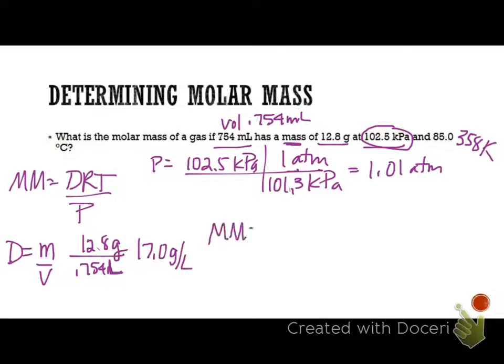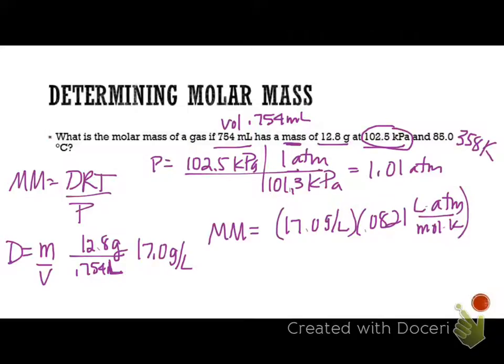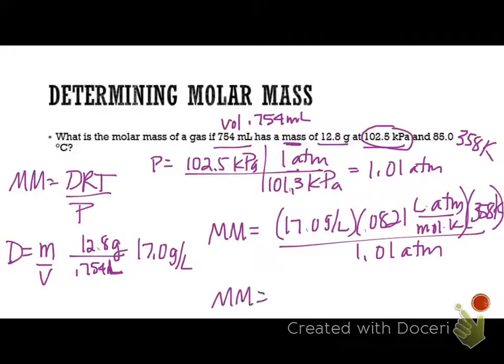So now I can plug in everything. 17.0 grams per liter, R 0.0821 liters times atmosphere per mole K, and then my temperature was 358 Kelvin divided by 1.01 atmosphere. So I get my molar mass. Liters cancel. Oops. Liters cancel. Atmosphere cancel. Kelvin cancel. Left with grams per mole. Multiply the top, divide by the bottom, and I get